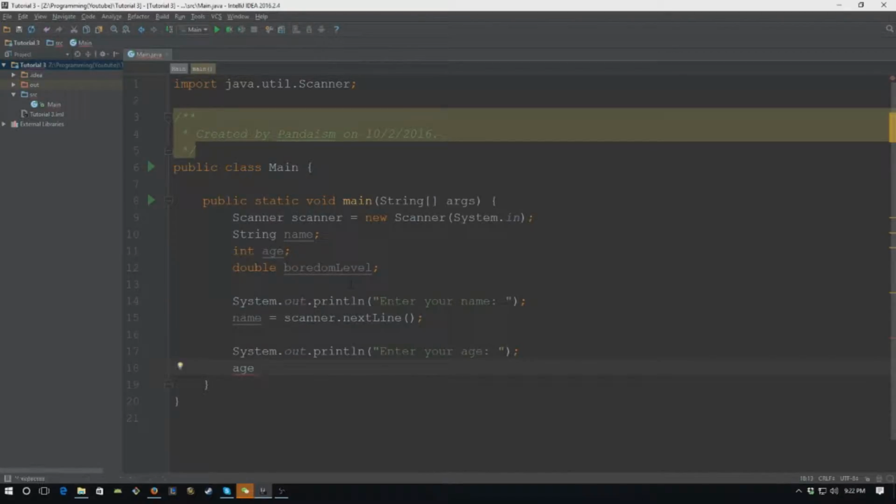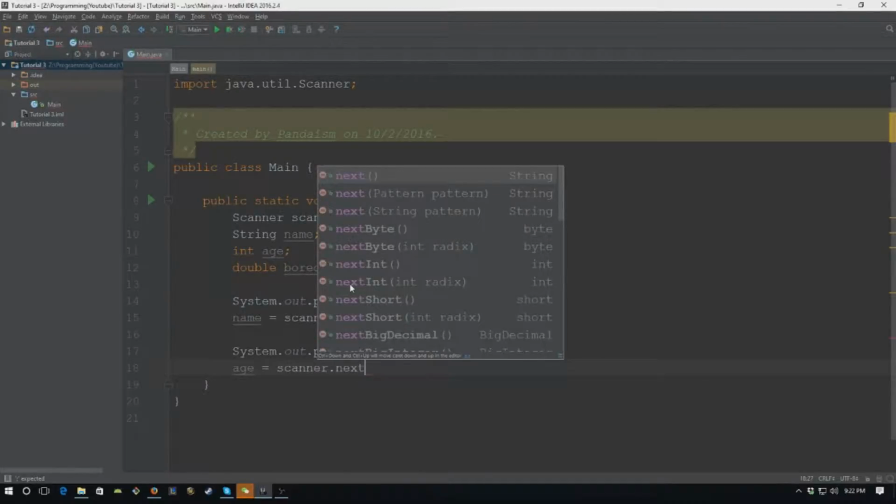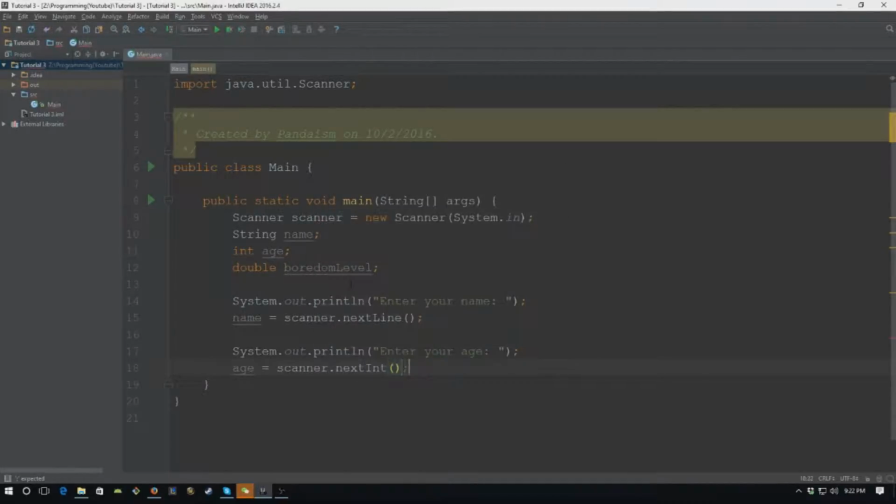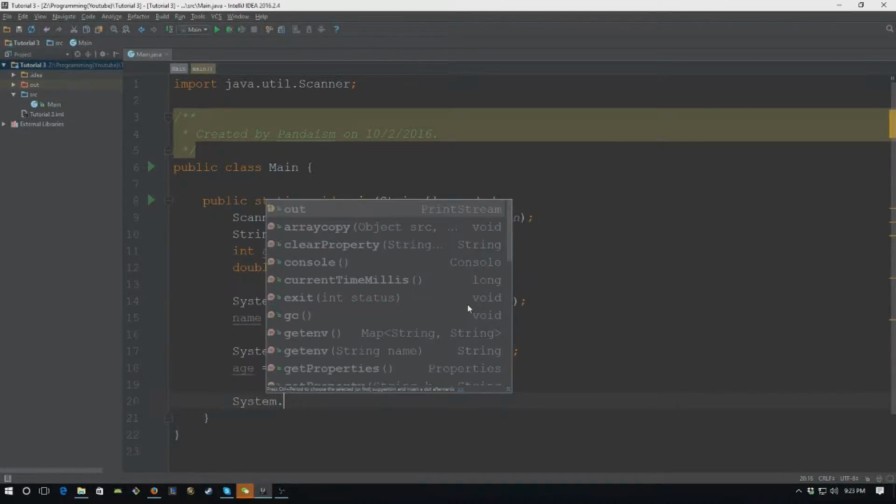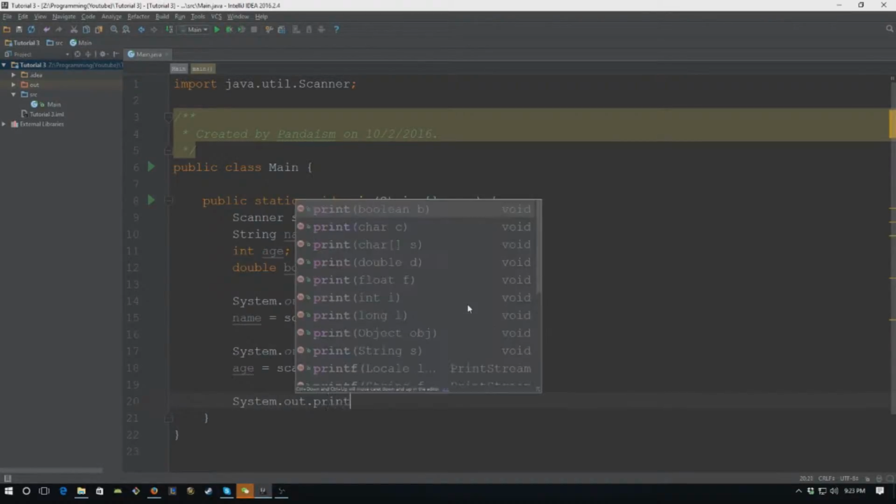We want to assign age to whatever the user inputted, so age scanner.next. This time we're gonna use nextInt because we're looking for the next integer. So that's gonna assign the next integer to int. So let's prompt again,